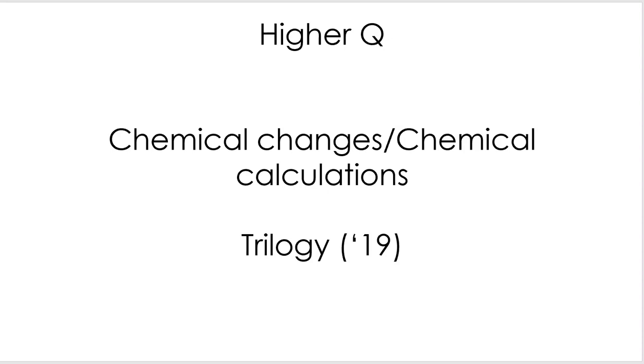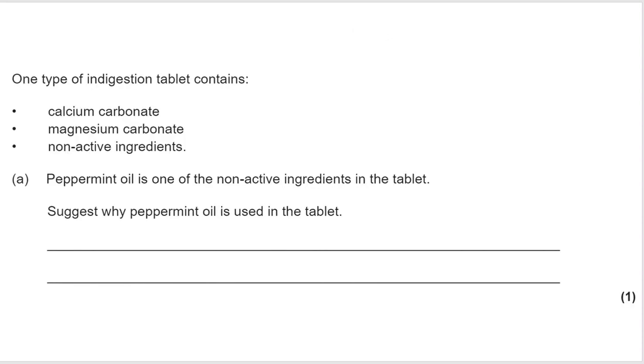This is an AQA GCSE chemistry question. It's from the Trilogy 2019 paper, and it's a higher tier question. It's going to take a look at chemical changes and chemical calculations. So I'm going to recommend that you have a go at the question first, pausing as you go, and then review. Here is part A,